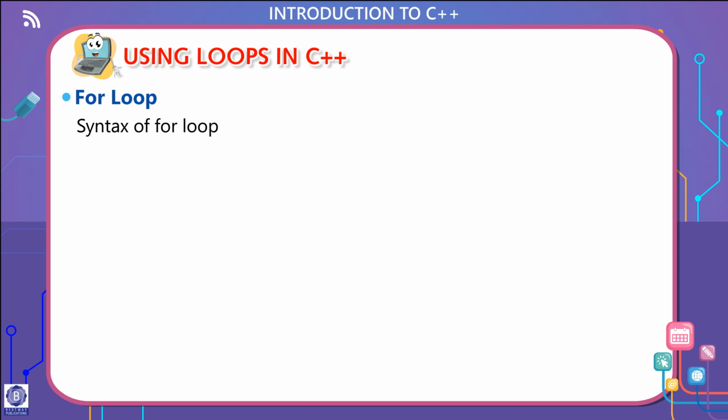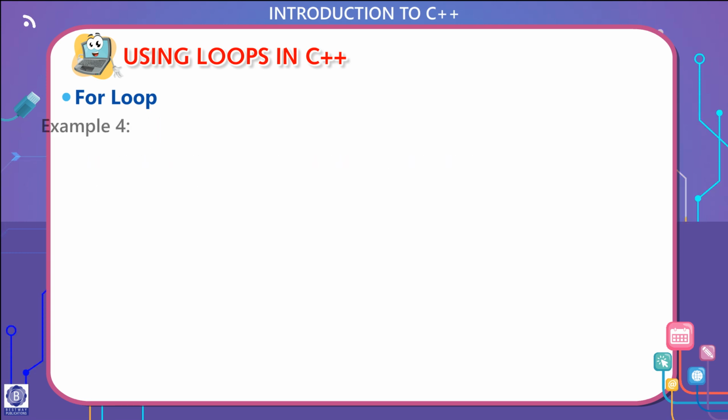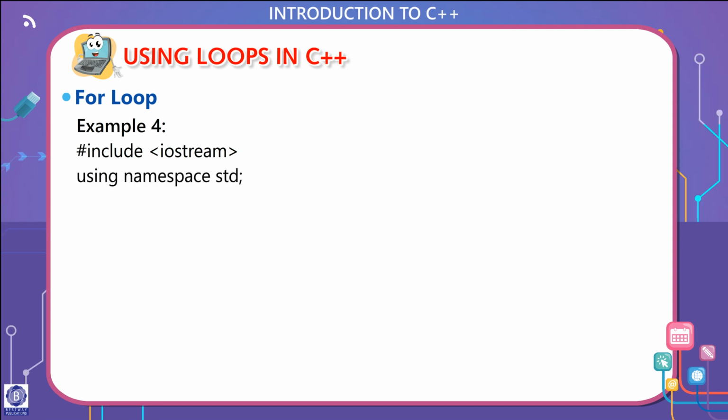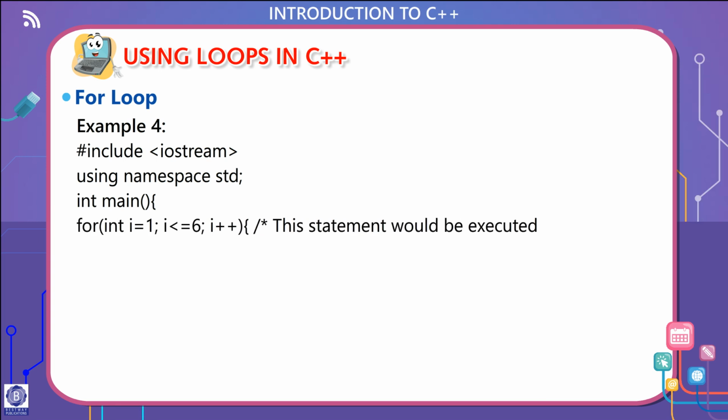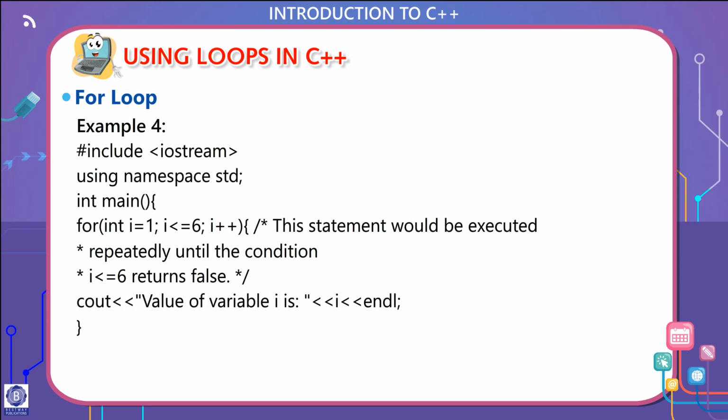For loop. Syntax of for loop: for (initialization; condition; increment/decrement) { C++ statements }. Example 4. #include <iostream> using namespace std; int main() { for (int i = 1; i <= 6; i++) { // This statement would be executed repeatedly until the condition i <= 6 returns false. cout << "Value of variable i is: " << i << endl; } return 0; }